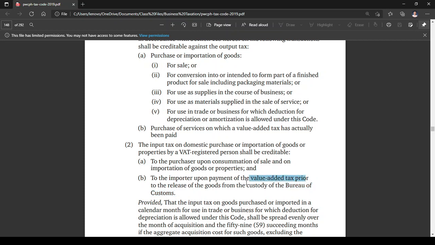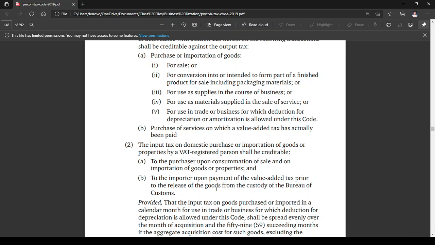So, upon payment, before man tayo magbayad, pwede na tayong mag-avail ng input tax para mas maliit na yung bayaran natin sa Bureau of Customs. Right? Kasi take note, kapag importer tayo, bumibili tayo from outside the Philippines. So,